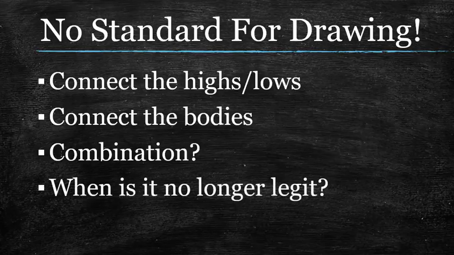But then at what point is a trend line no longer legit? After price has completely disrespected your trend line and gone 100 pips the other way on a breakout, do you still keep it on your chart? Do you erase it? Whatever your answer is, not everybody feels that way. And so what ends up happening is you have this enormous inconsistency with where everybody's entry and exit points are on a particular trend line.